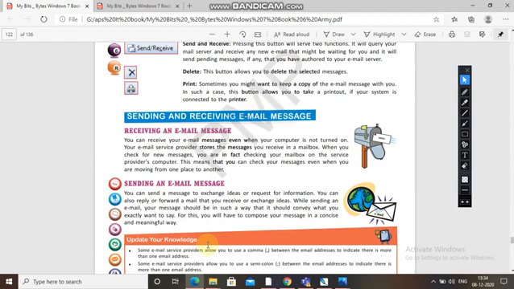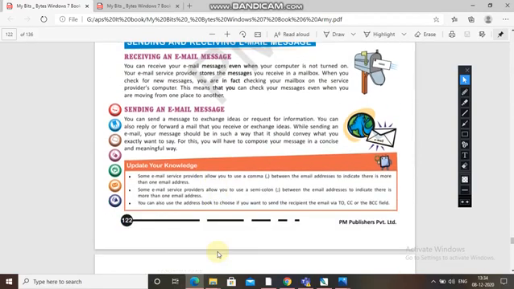So see, some email service providers allow you to use a comma between the email addresses so that you can use more than one email address. And some email service providers allow you to use a semicolon between the email addresses to indicate there is more than one email address. So you can also use the address book to choose if you want to send the recipient the email via the CC or the BCC field. Now next,